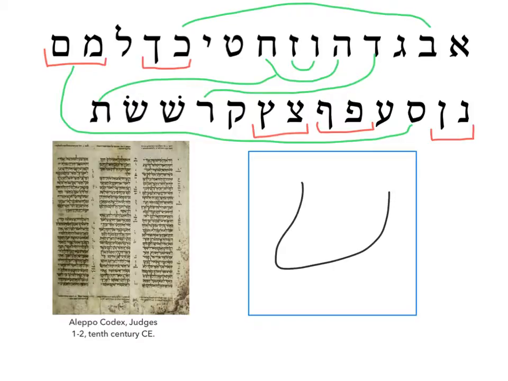But the way to form these is to write something like this, and then give 1 line in the middle, and then position the dot on either side. So that would be our shin. Alternatively, that would be our shin if we were to place the dot on this side. Now, regardless of where we place that, obviously that changes the character, but for how the character is formed, remember